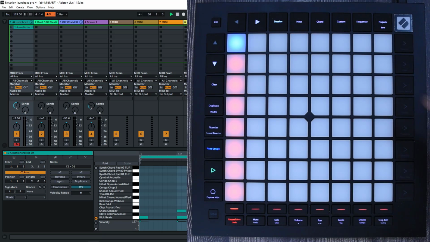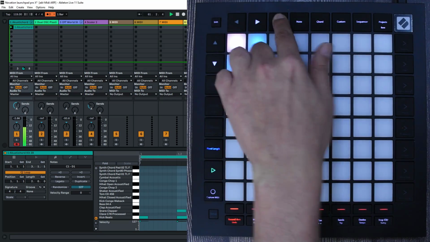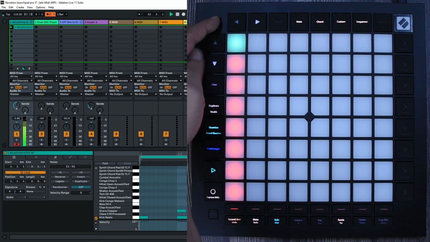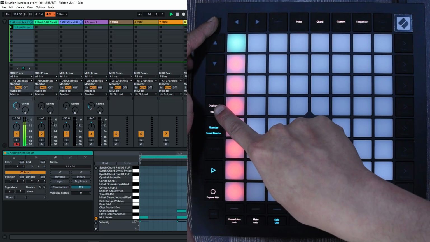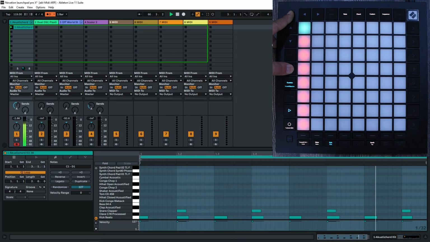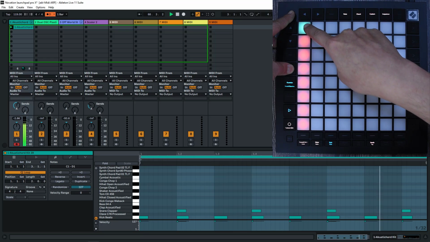All right, so let me show you a couple more things. I'm going to be playing that four on the floor that we have. And we know it's just two bars, which is fine. Now what I want to do, I want to extend it. So on session mode, not note mode, because it's a little bit different. In session mode, I can hold the Shift, and right here you can see this that says duplicate or double. If I hold both and press both at once, if I tap this clip,